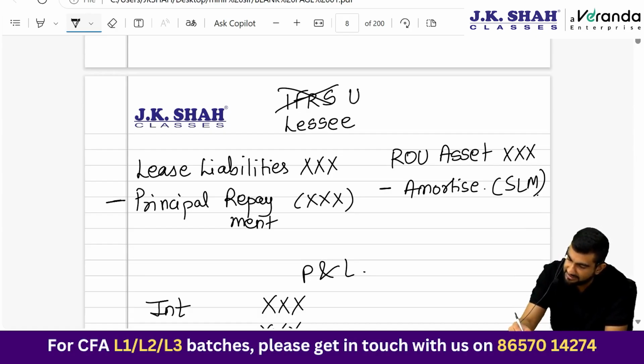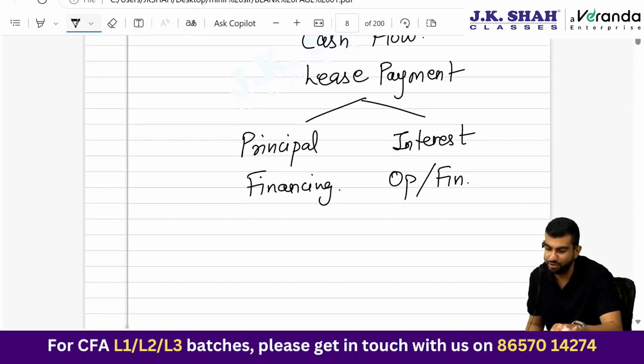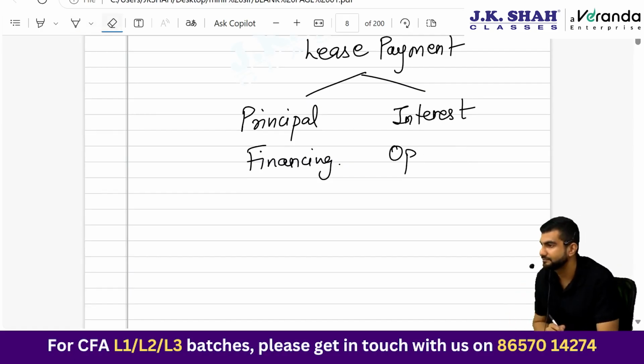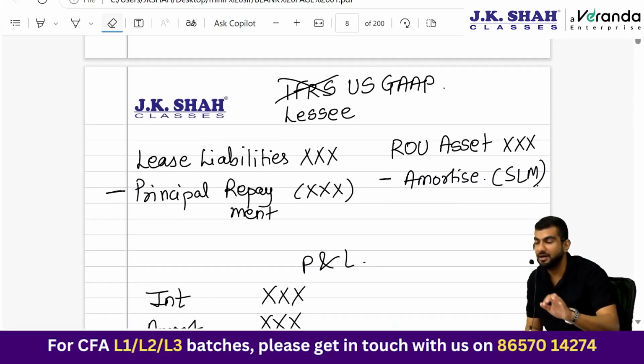US GAAP. Now let's discuss under US GAAP. Same treatment in the books of lessee when it comes to finance lease. Just one thing you need to be careful about: interest paid under US GAAP is always operating. Rest all same. But when it comes to accounting treatment under operating lease under US GAAP in the books